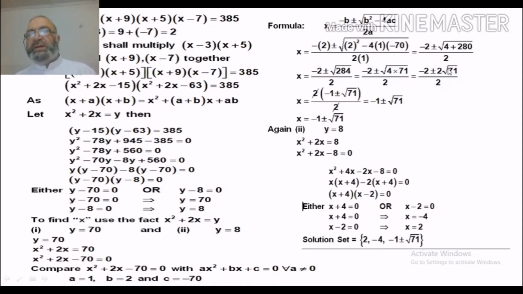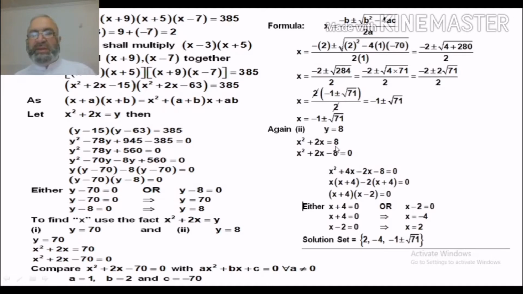Again, 2 is common in the numerator, so 2 is common. We get (minus 1 plus minus 71 under root) divided by 2. The 2s cancel, so the values of x are minus 1 plus root 71, and minus 1 minus root 71. Next, again by putting y is equal to 8, so we get x square plus 2x